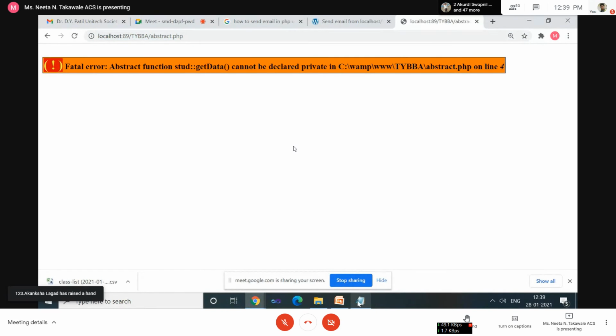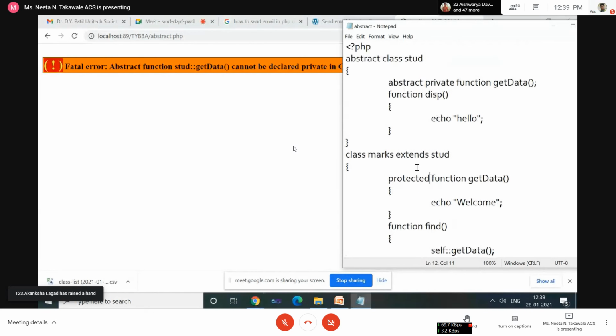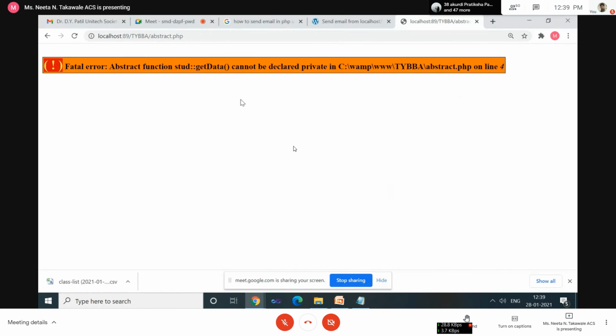Sorry, I forgot. Private is not accessible anywhere. Only protected and public we can apply. Okay, so do not declare it private in the abstract class. Protected and public, because private is accessible within the class itself, outside the class is not allowed. Here it is given: cannot be declared private.